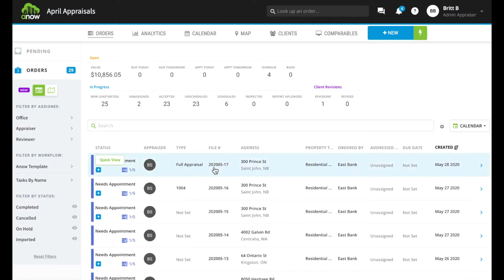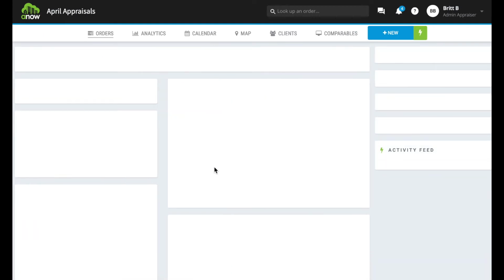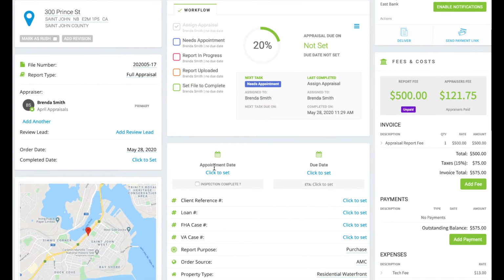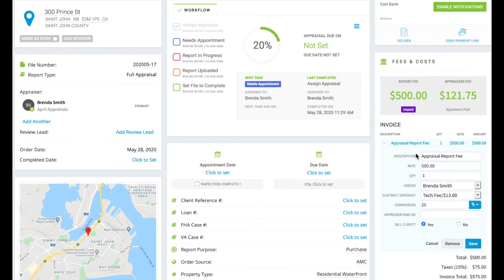When you have the net fee toggle turned on, you have a technology fee set up for the ordered by client, and the appraiser assigned to the fee has a commission percentage. You'll notice on the details page, under the fees and costs section, that there's a new line in the fee details, subtract expenses. This is letting you know that the expense is being removed from the gross report fee before